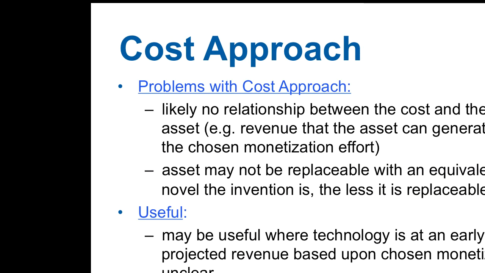So where it may be useful: you have your pending patent application, maybe you don't even have a patent application yet. Very early stage, it's really unclear what's going to happen in the future, whether you're going to have a product, buyers, or any interest. Maybe you want to look at the costs and say, here's what my patent expenses are, and here's what it's going to take to bring it to market. And at least at this date, here's my value. And if the barrier to market is low, maybe that's another useful way to use the cost approach.